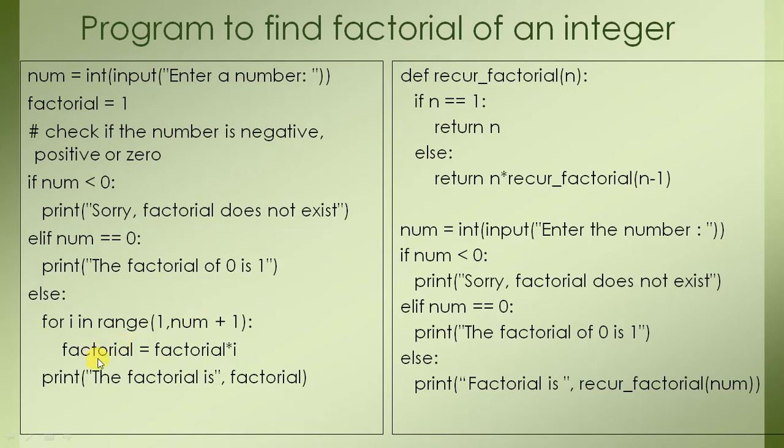Then we have just written factorial into i. We have used that multiplication series logic here, and we have printed the factorial. I think you should remember this program that you have already done in class 11, but the same can be done in the recursive method. The base logic is same, just we have put the recursion call of that factorial here, and in the body we have two cases.